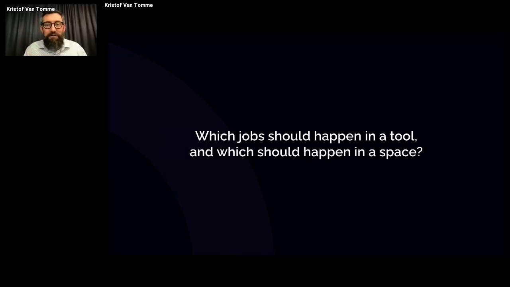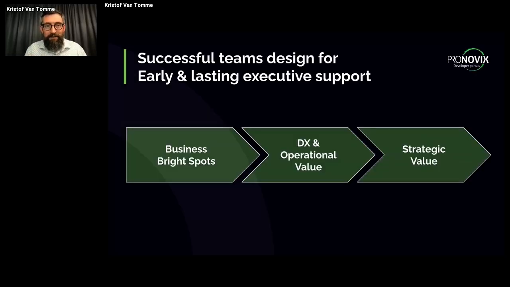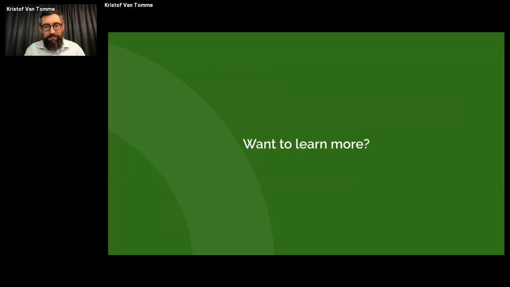Think about which jobs should be done in a tool and which should happen in a space. And last but not least, you should always first start with business bright spots, both for your AI projects and your developer portal, to create business value from the get-go so that you can have lasting executive support all the way from the beginning until the end of your journey.